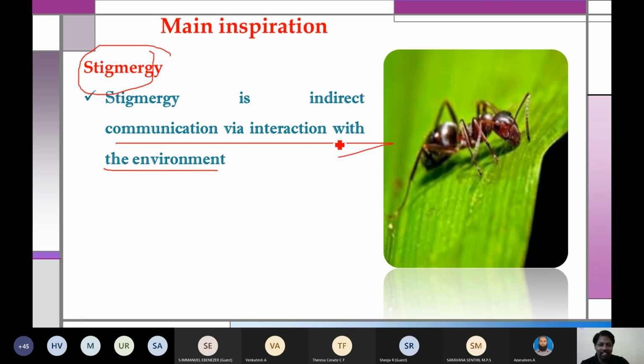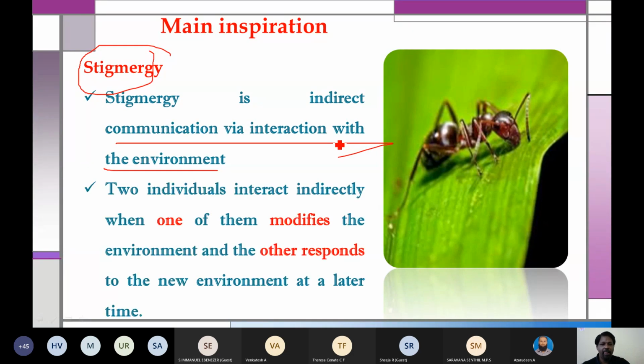Now let me see ants, because it's ACO, right? How are ants communicating? Suppose I have an ant. Ants are mostly blind, so they can't see, right? But one ant has found a food source, and after a short period of time all ants will follow the same path. Even though they are blind, they are following the same path. So how is this ant communicating? That is actually stigmergy, the indirect communication they have. That is the beauty of these techniques. So stigmergy means indirect communication.